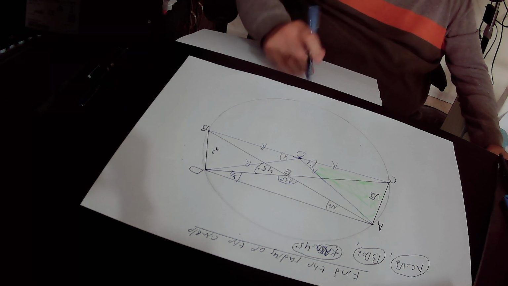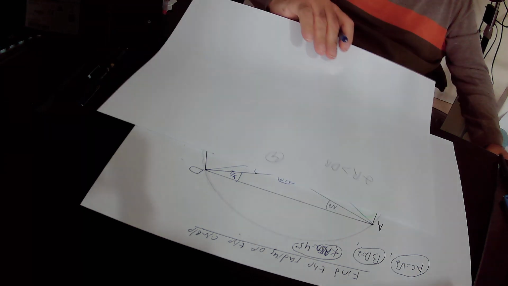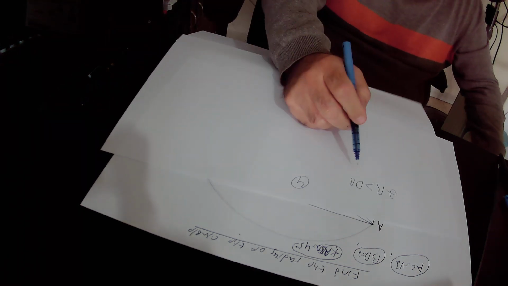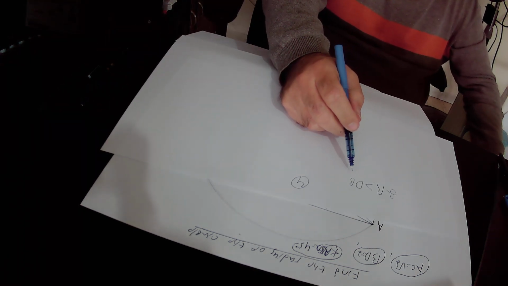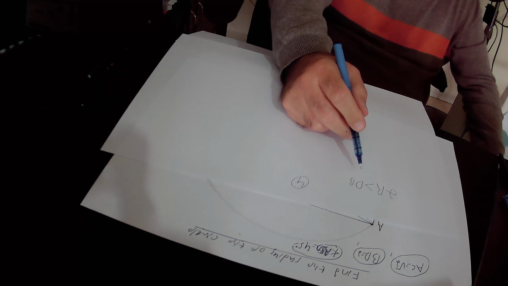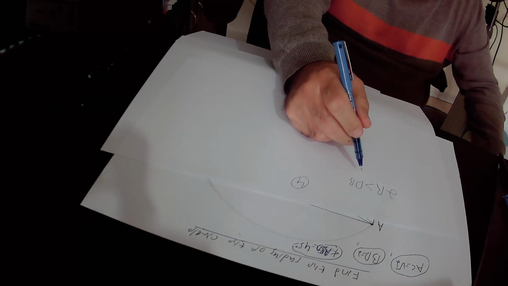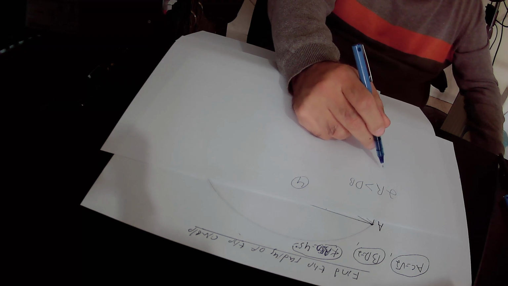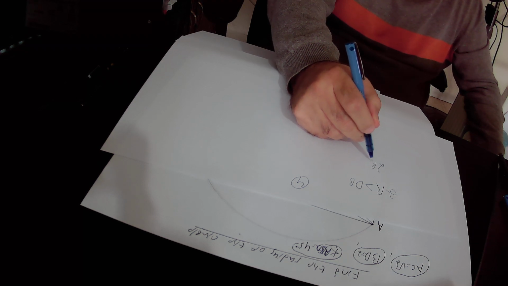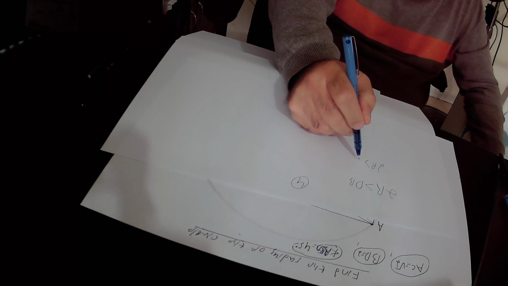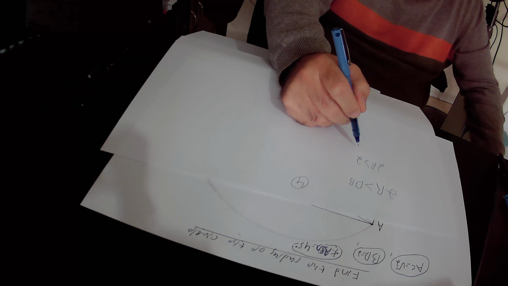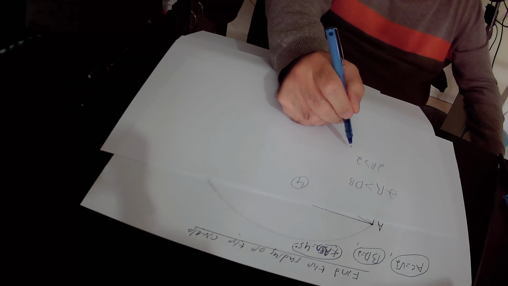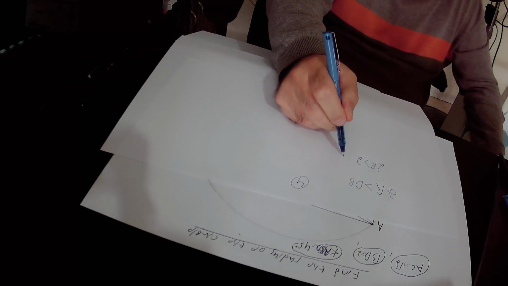Again, the diameter 2R must be longer than chord DB, because the diameter is the longest chord in the circle. Okay, so 2R is greater than DB, and DB equals 2. So 2R is greater than 2. Here we will divide this inequality by 2,